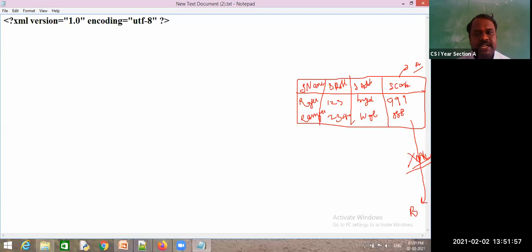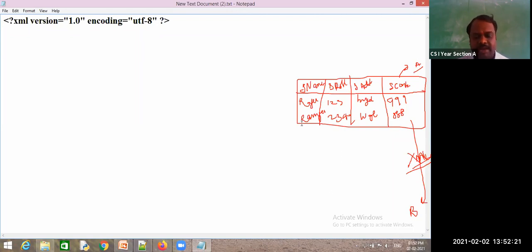Now, what is my job? I want to send this data from platform A to platform B. B cannot understand this data, so I need to convert it to an XML document. So I have started the XML document. What is the first condition? I said this entire XML document must reside in one root tag.